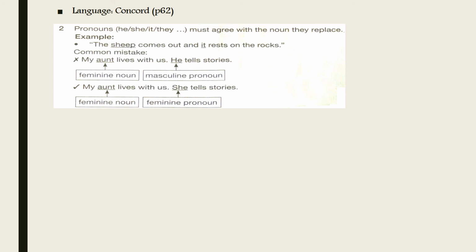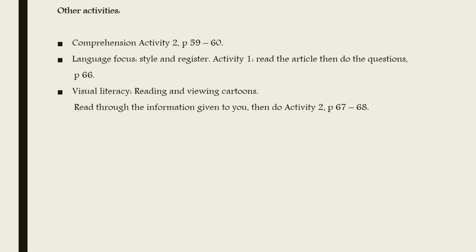For your activity, you are going to do activity 4 on pages 62 to 63. Please follow the instructions and remember to underline your correct answer. The other activities that I want you to do is a comprehension activity on pages 59 to 60. Read through the story given to you, then answer the questions at activity 2. When you are done with that,